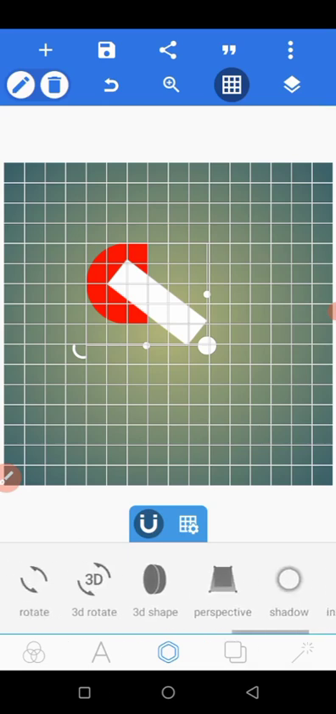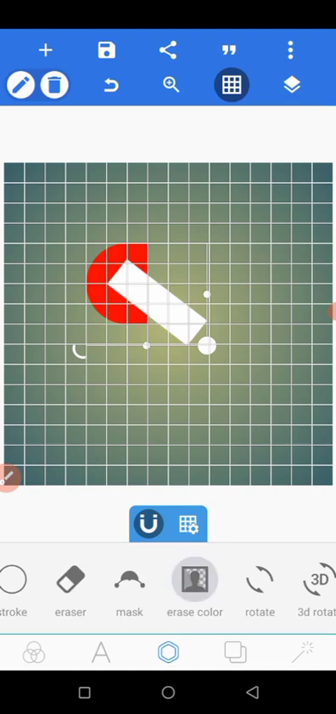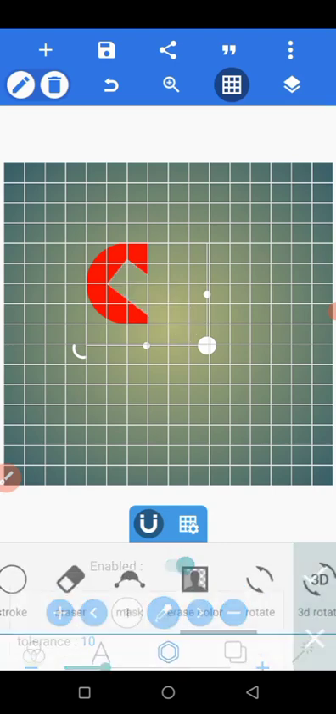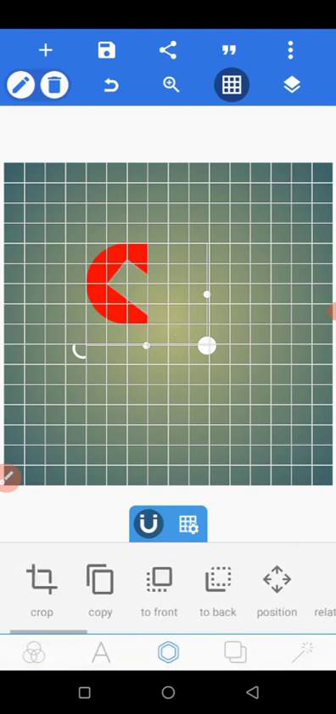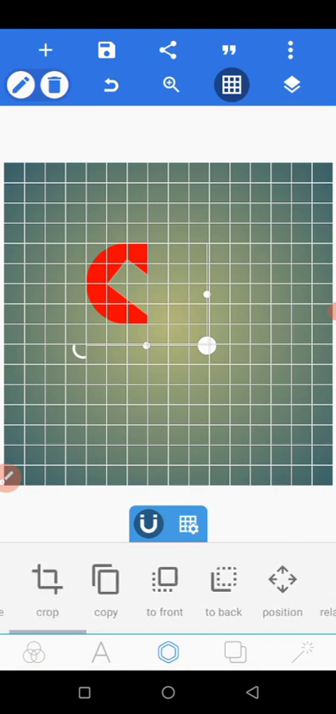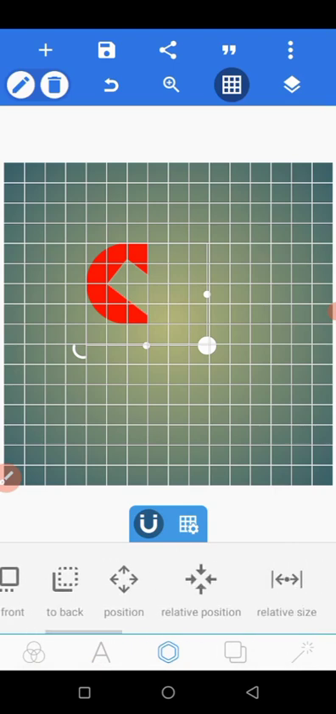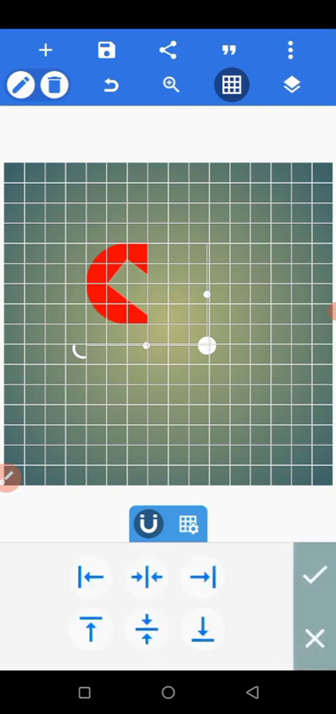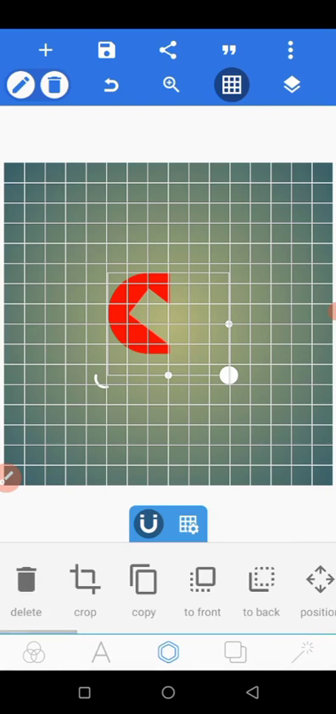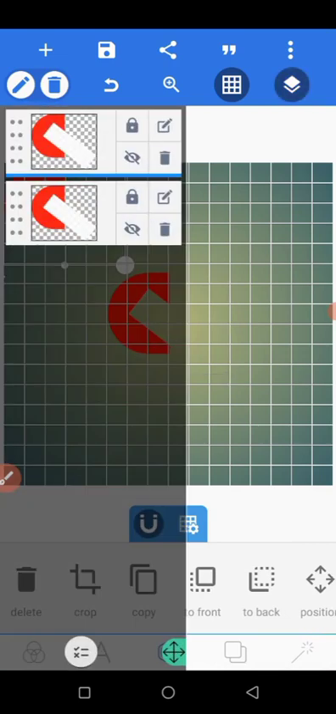So after group imaging them, what you need to do is come to erase color and remove the white. So now the next thing you need to do is copy this. No, first of all, go to relative position and put it at the center. So now copy this and check the drawer. You can see what we have on the working space is not the same thing we have on the drawer. So we'll just repeat the process by hiding this and